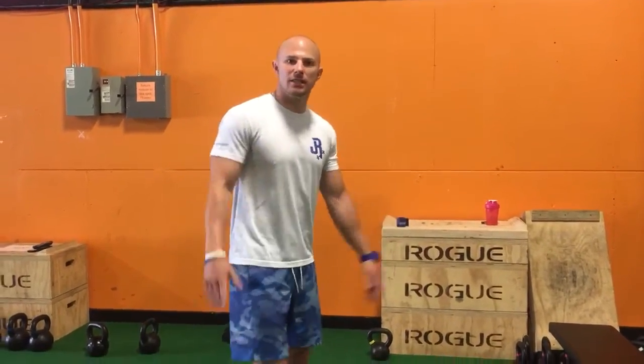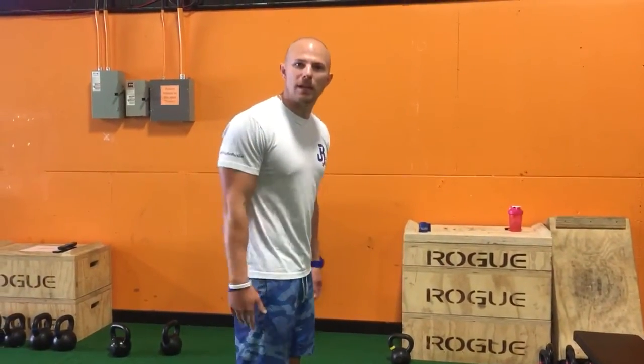I want to review a couple toe touch progressions and then a common hamstring stretch that people are just butchering. And then we're going to show you the 90-90 supine hamstring stretch that I use all the time with my clients and athletes. So the first thing is people get so caught up in not being able to touch their